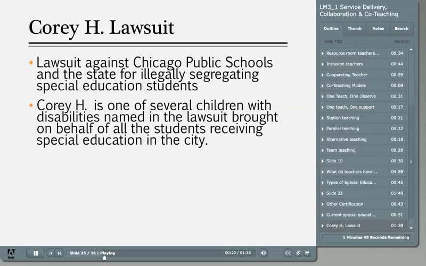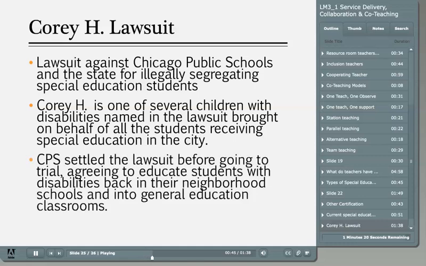A little boy named Corey was told by his school district, which was Chicago Public Schools, that he needed to attend a certain school because the school district had employed a teacher at the school who was certified in the disability area that corresponded with Corey H's primary disability. But Corey's parents wanted him to go to his neighborhood school. The court ruled that the way in which Illinois certifies resulted in a child being denied an education by violating